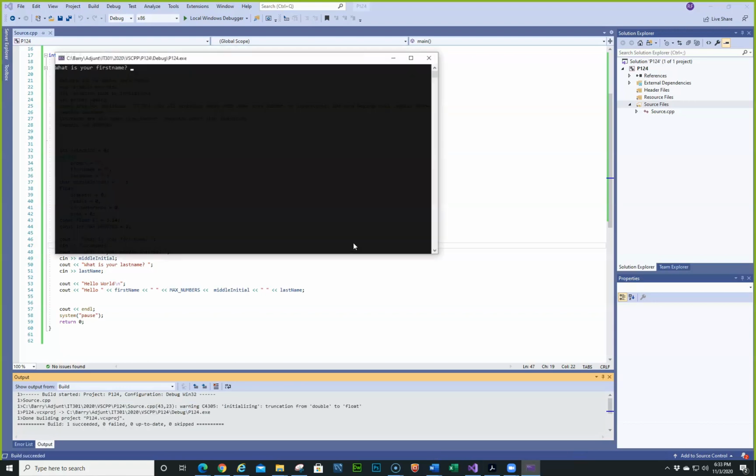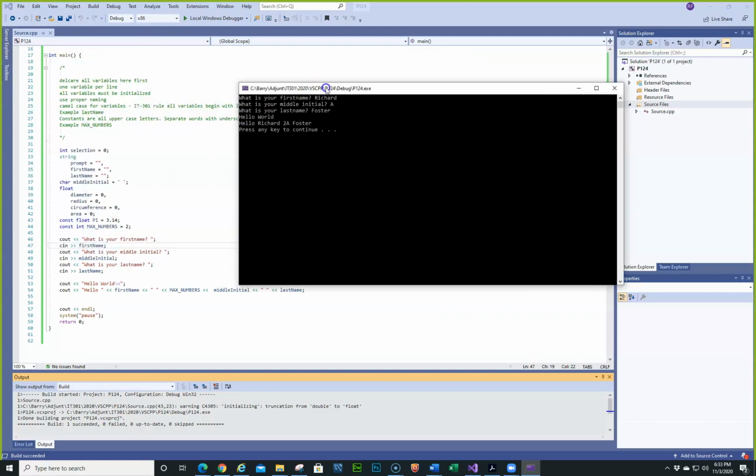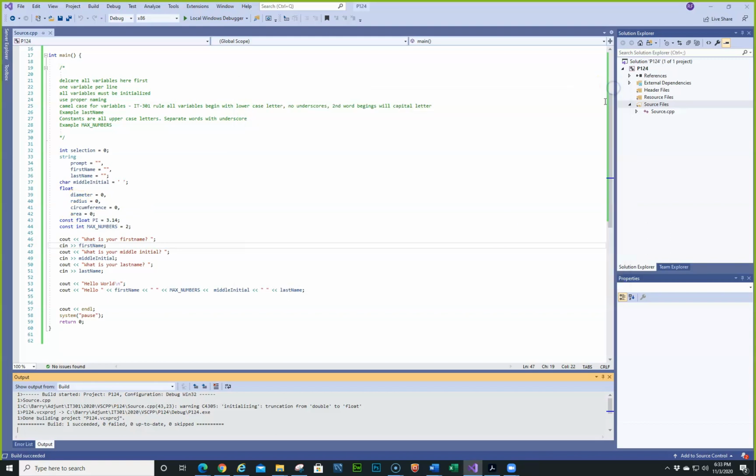Then we'll move on. And that works. Now notice I got the 2 here. Why did I get the 2? Because we're printing out max numbers, and that's a 2. All right, so I am going to